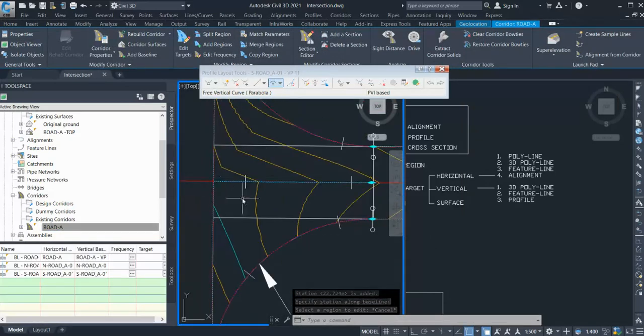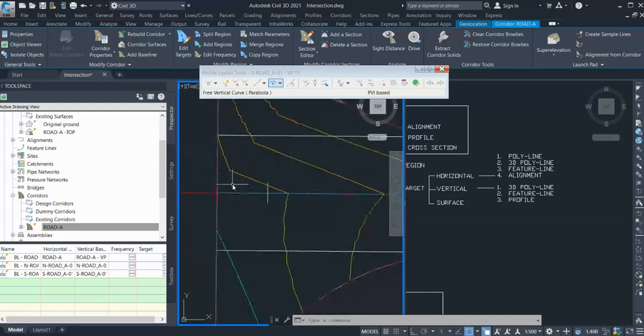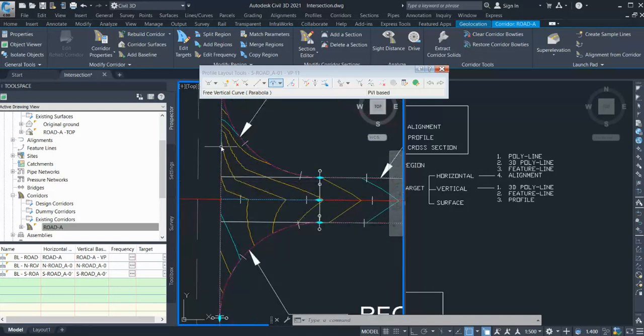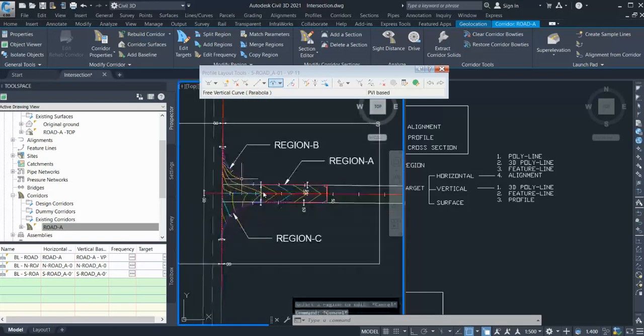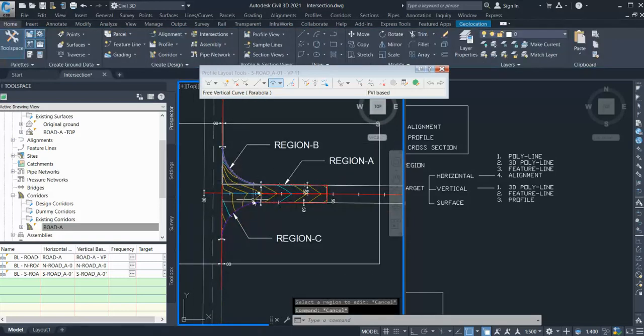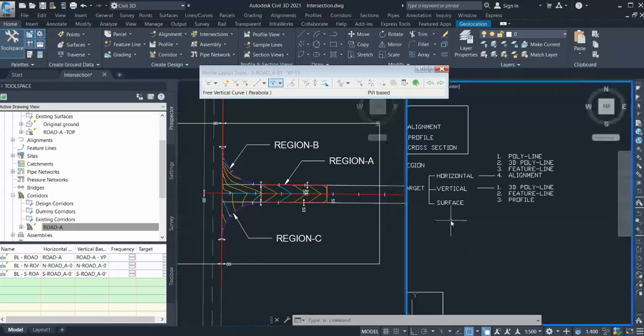The same thing you can do over here. So in somewhere you can see, because it is placing at 0.5 meter interval, some corners will be left out. For that you can add extra frequency. So this way you can model your normal T junction. Once you model this, then you can add the curve to your